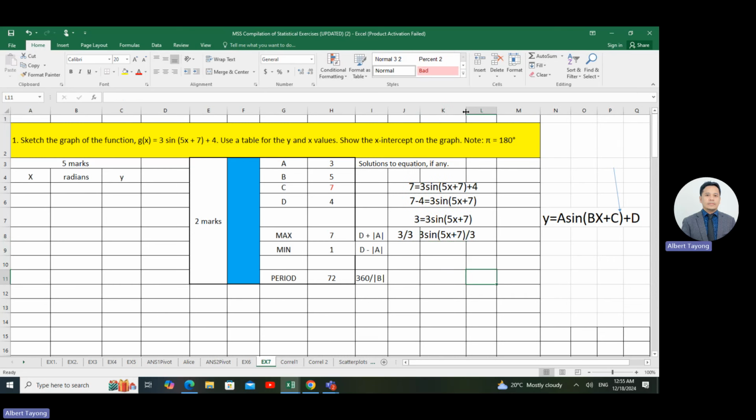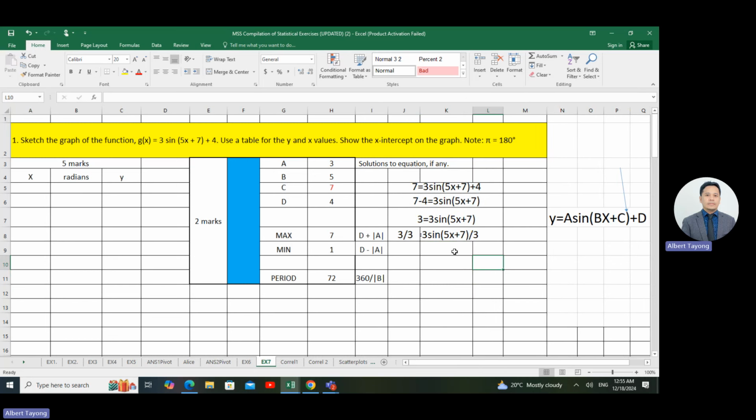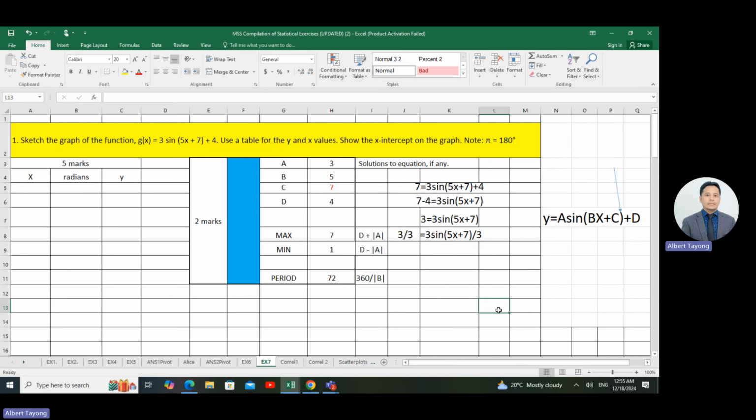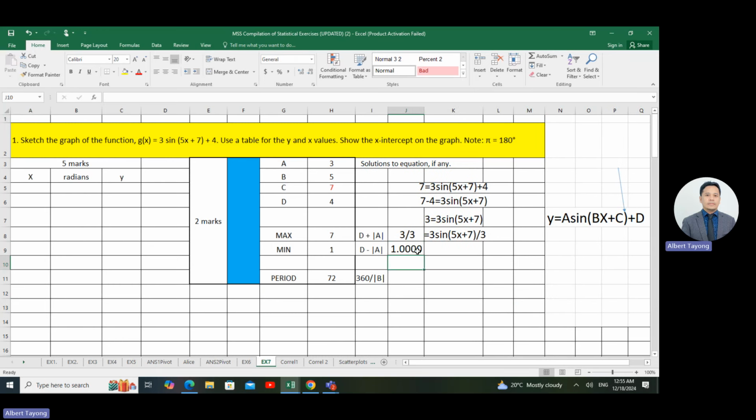Okay, so why did we divide both sides by 3? For us to cancel. So we can delete. So here we have 3 over 3 is equal to 1. Okay, you can leave it like that. 1.00, it does not matter anyway. Or you can reduce also if you want. Okay. And here, 3 will be cancelled. So the remaining is space equals sine